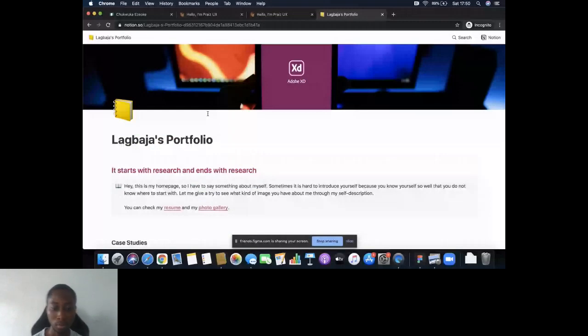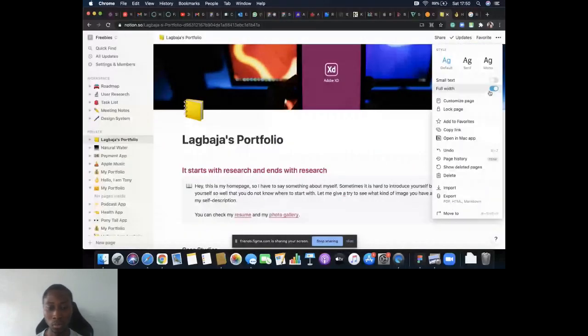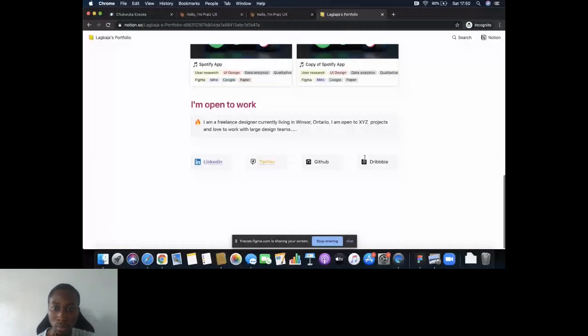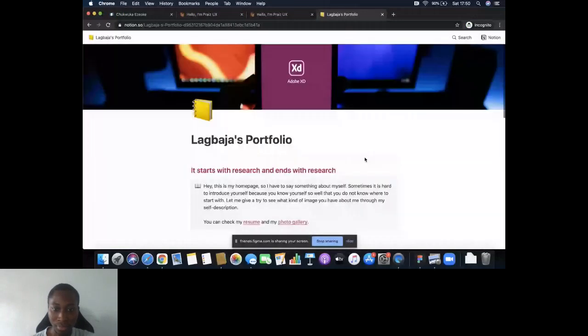Just because you don't know what screen size anybody is using, it's best that you leave it the way it is so that it's fixed. So the width is fixed, and then it would look normal on any screen size. Right now it's completely fixed. Nothing is going to change it, and your pages are going to be exactly the same way. That's quite awesome.